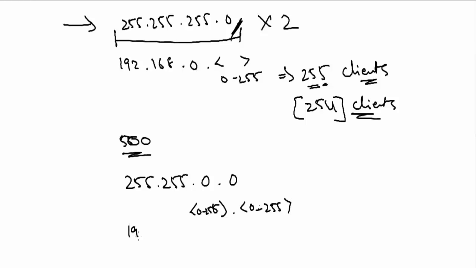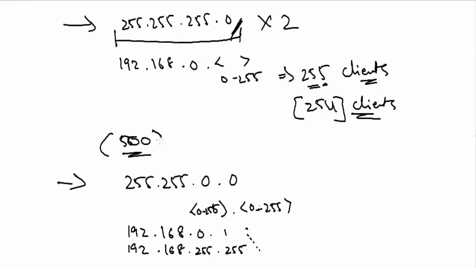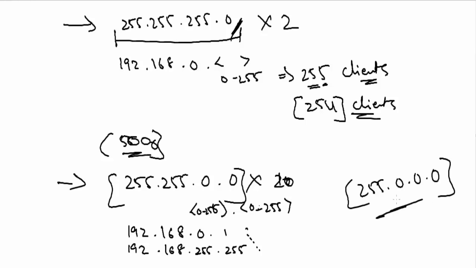So basically you can have IP series like 192.168.0.1 and then 192.168.255.255. Now see how many systems you can have. The same way, when your organization grows, like you have more than 5,000 users or maybe 10,000 users, then you don't have to multiply the number of routers. You don't have to purchase 10 routers or maybe 20 routers to solve the problem. Basically, you have to purchase a router which has a bigger subnet mask, sometimes 255.0.0.0. These routers are very costly because they support a lot of clients.